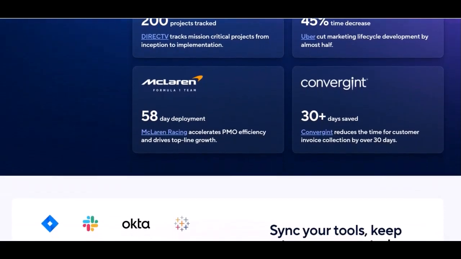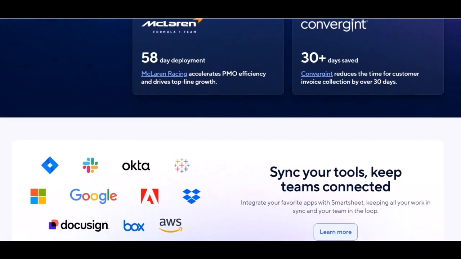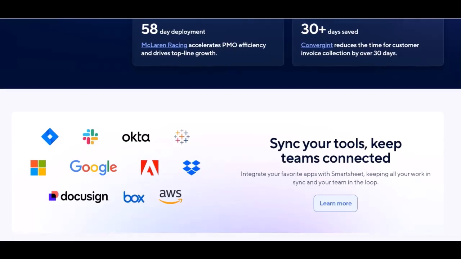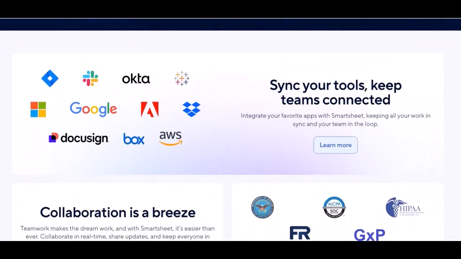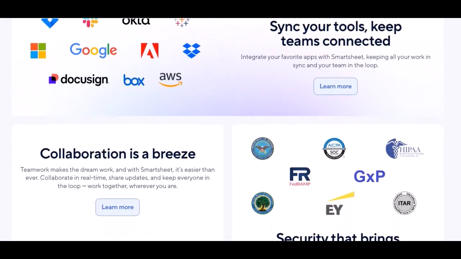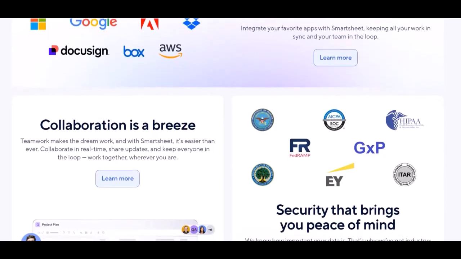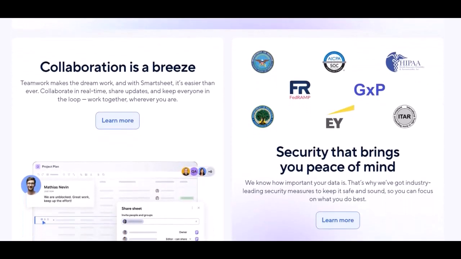Smartsheet, a cloud-native SaaS platform. At its heart, Smartsheet is a software-as-a-service, SaaS, offering. This means it's a cloud-based application that you access through your web browser, rather than software you install directly onto your computer. This fundamental characteristic is a major selling point for many organizations, as it offers numerous advantages from a